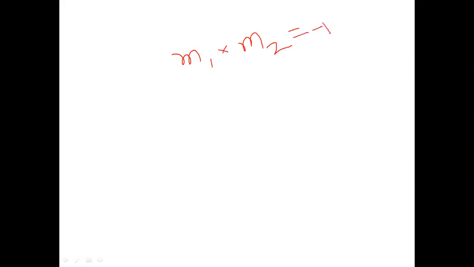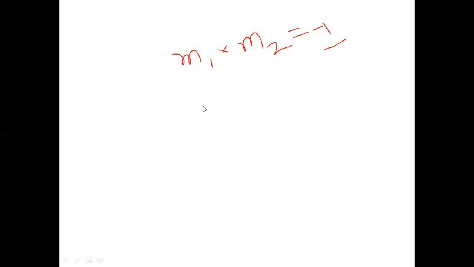If I multiply the slopes of two lines, slope of line 1 is m1, slope of line 2 is m2, and the answer comes out to be -1, what does this mean? This is a basic concept of mathematics. You read this in school when you study geometry. If the product of slopes of two lines comes out to be -1, that means the lines are perpendicular to each other.